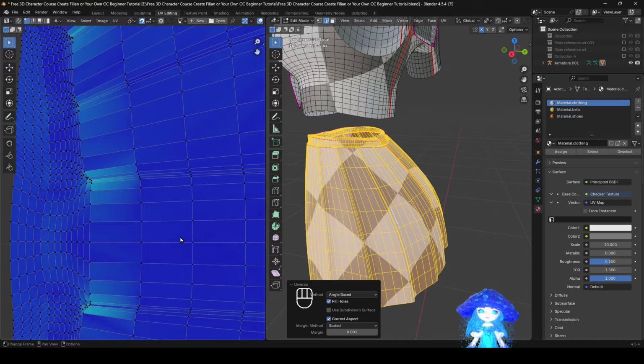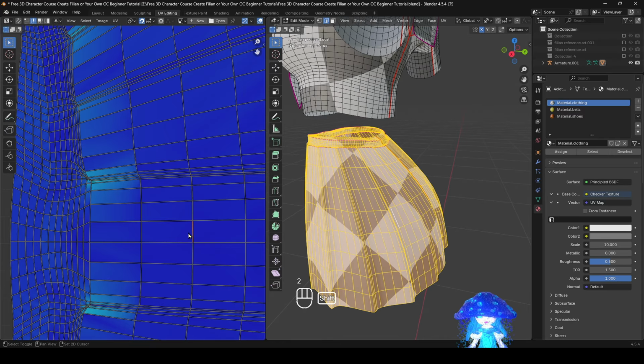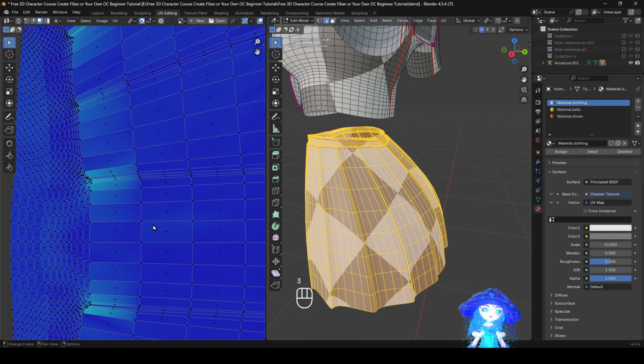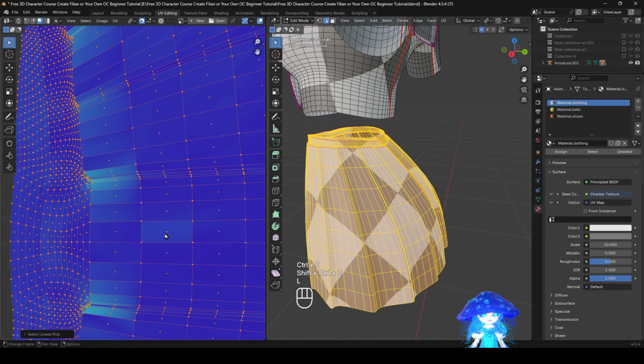Doesn't really matter what cube you select on, just click right here, hold down shift, left click right here, do S X 0, but make sure you have this on individual origins. Now do it again, S X 0, click right here, hold down shift, left click right here, S Y 0. Then after that, do 3D numpad or go up here, as you can see, and click on this one, the one you've been straightening. L, then do U,